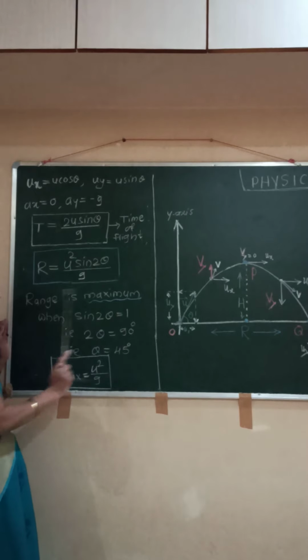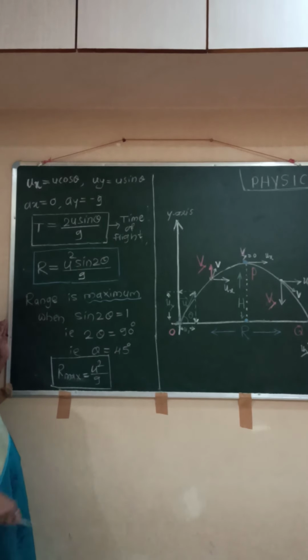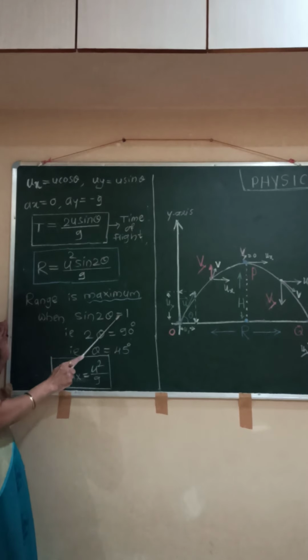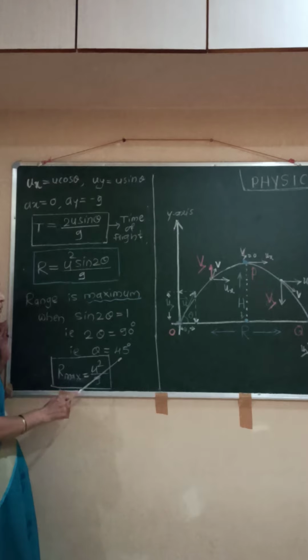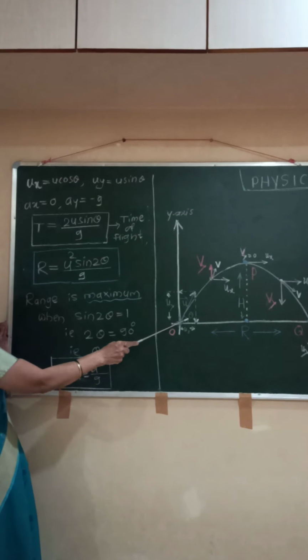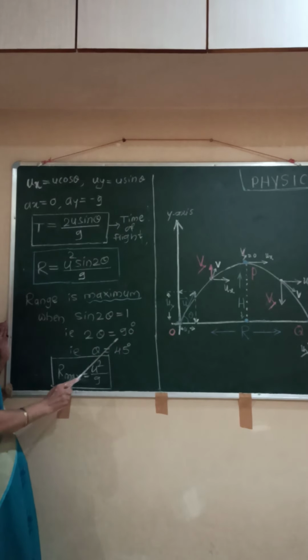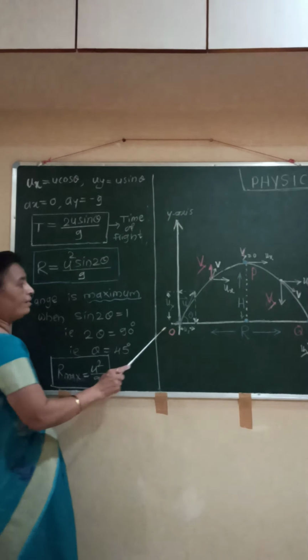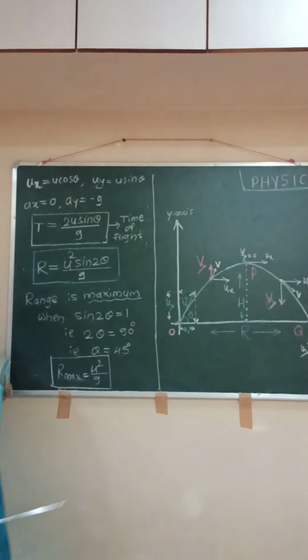So if sin 2 theta is equal to 1, what we say? Sin च्या कुठल्या अँगल साठी व्हॅल्यू 1 आहे तर 90 डिग्री साठी आहे. So we consider 2 theta is equal to 90 degree. म्हणजे theta is equal to किती आलं? 45 degree. What we say from this? The range of the projectile is maximum if it is projected through angle 45 degree. म्हणजे हा जो angle of projection आहे that should be equal to 45 degree. Then the range of projectile is maximum.